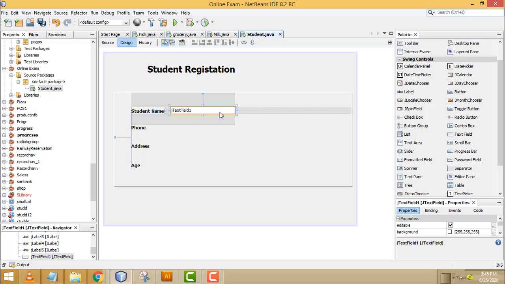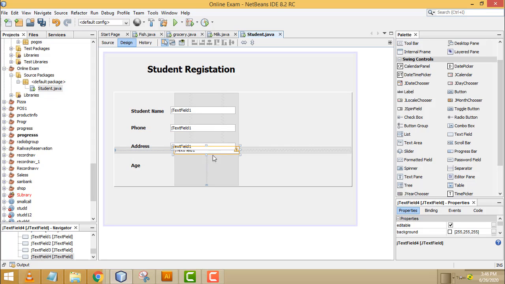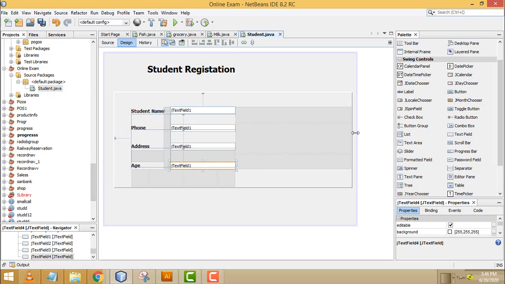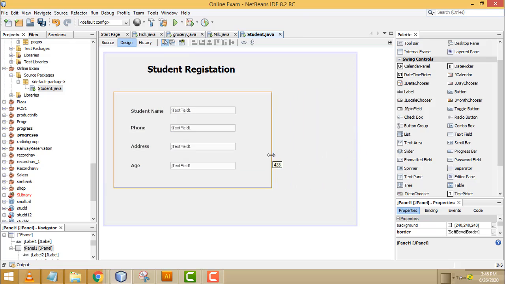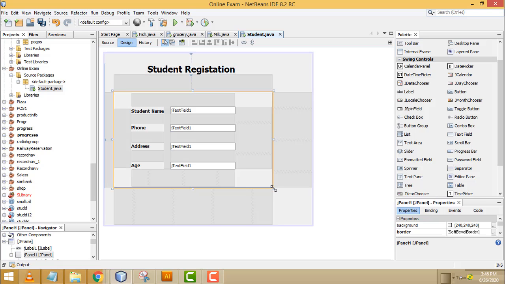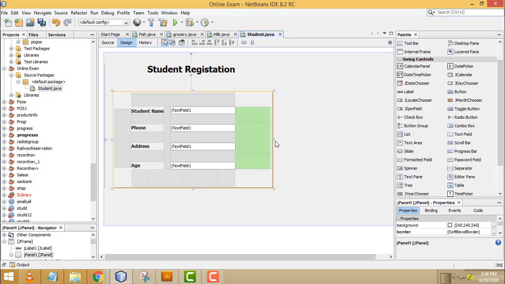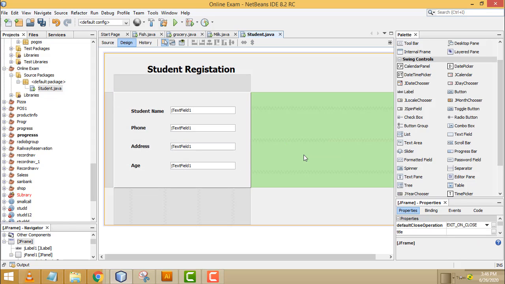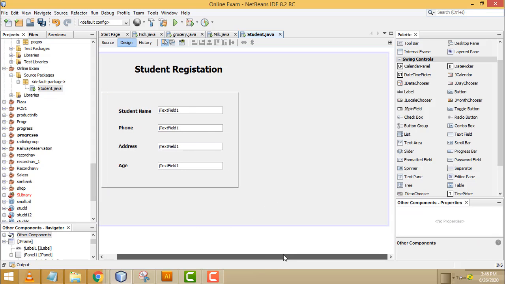This one is for the student name, Control C to copy, Control V to paste here, and the same for the others. A simple form, right? This is the thing we have to do.